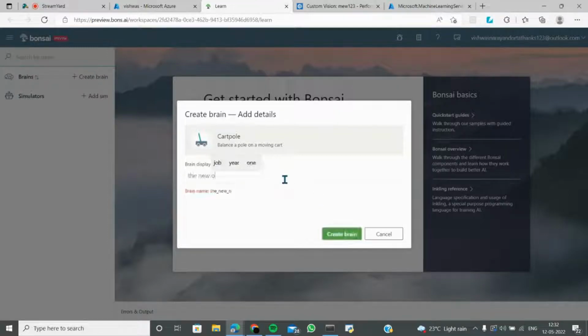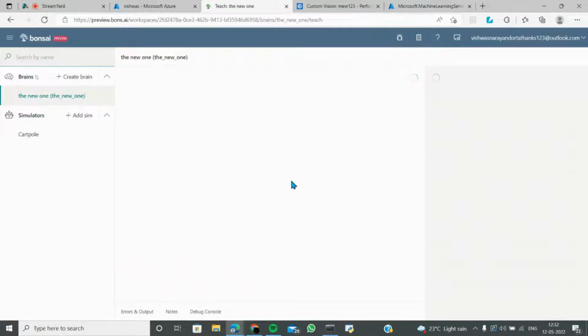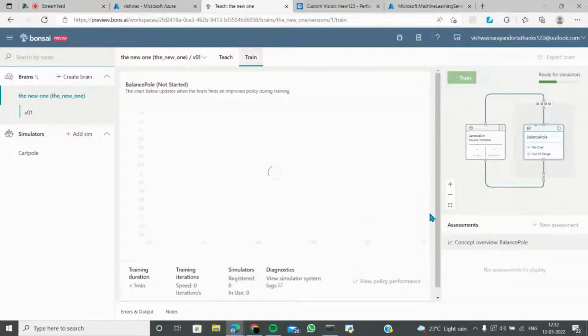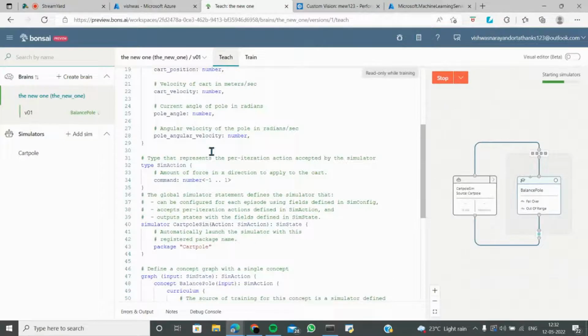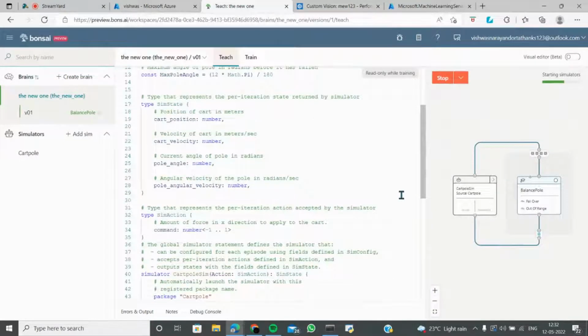The new one, I can create one. This is the cart pole, which is a regular simulation model that you can start working towards. This is how the code is, and if you train the model, this is how the system design is, and the optimizations will always be coming to you. If you want to teach it, you can always go back and get all these simulations up and running.